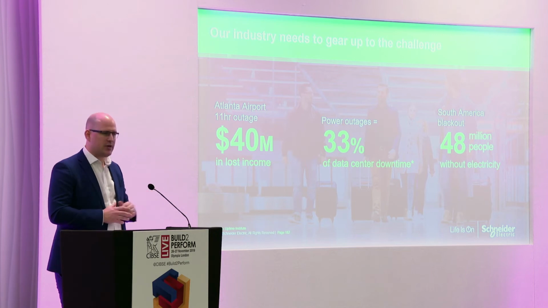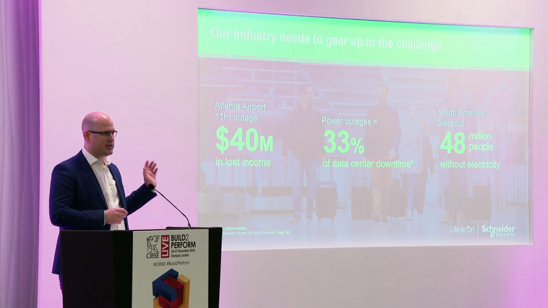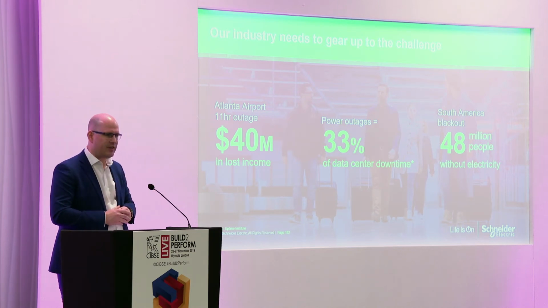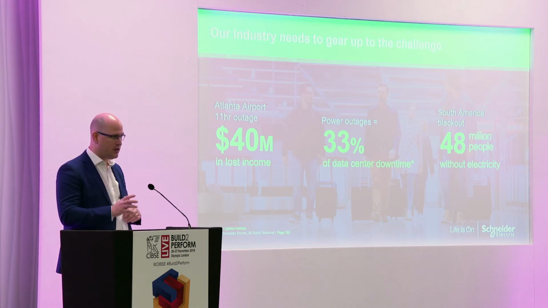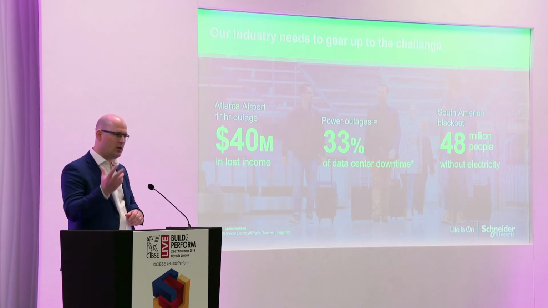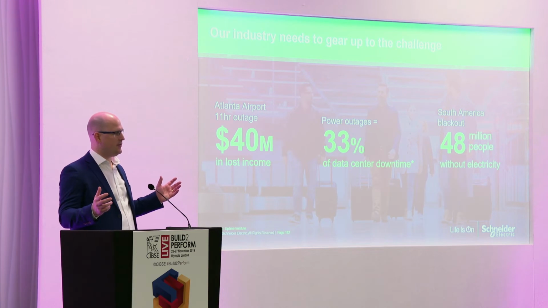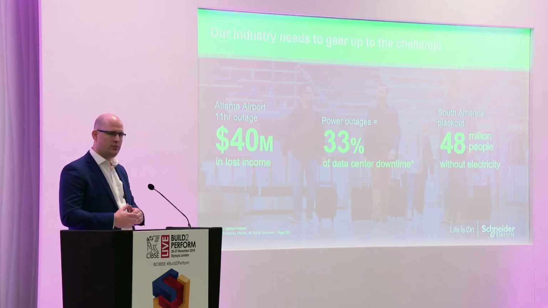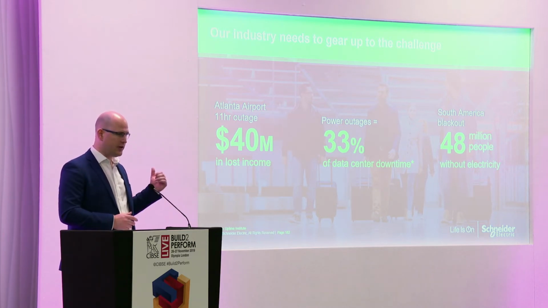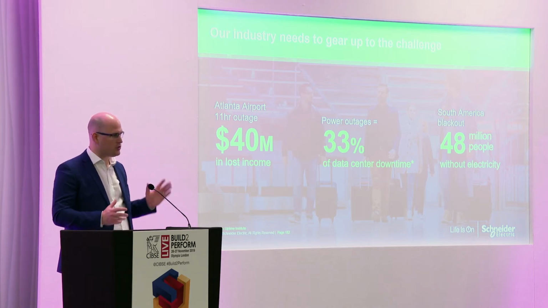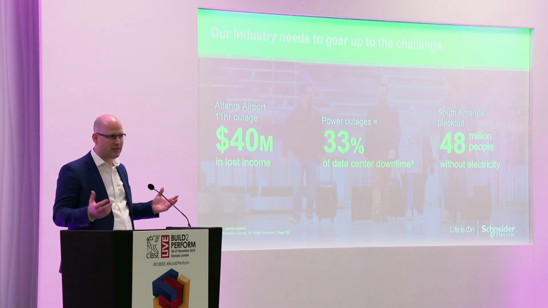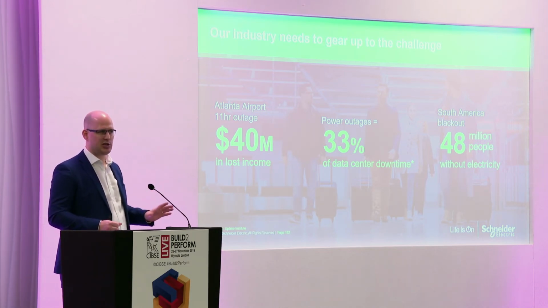So December 2017, an electrical fire at Atlanta Airport. Atlanta was the world's busiest airport at the time. It caused an 11-hour outage of the airport. It grounded over 1,000 flights and it cost 40 million in terms of lost revenue, lawsuits, all the other good stuff that goes around it, okay? So I would imagine the cost of putting some preventative technology in that building, in that facility, across that campus, was a very small percentage of that 40 million, okay? But the cost is enormous in terms of the outage. 11 hours, it's a fairly long time. I guess in the world of electricity, it is a long time. But 40 million, I mean, it's a huge, huge cost.